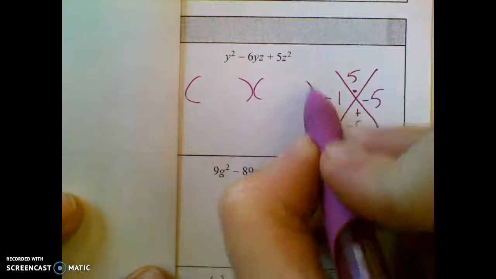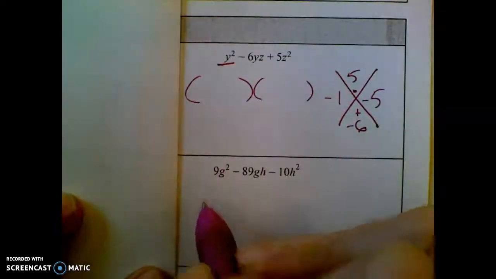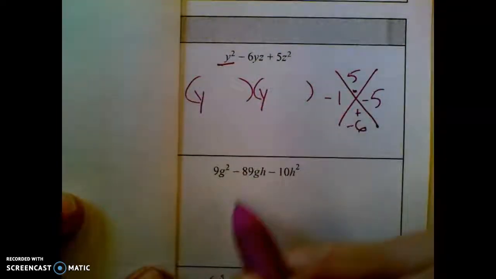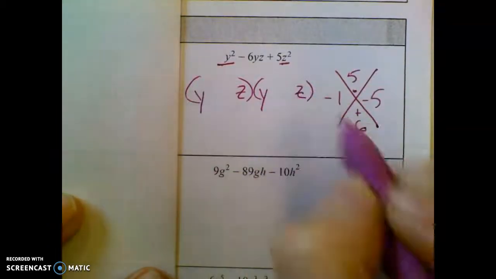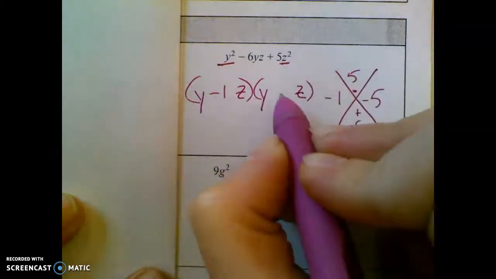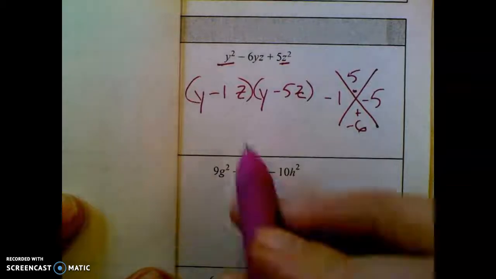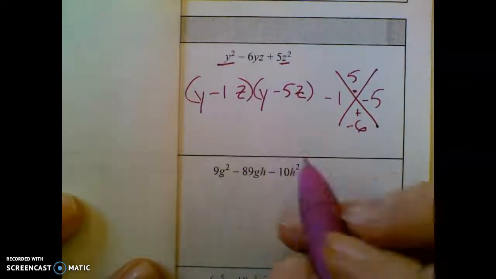So when writing your answer out, how do you get y squared? Well, that's y times y. But how do you get z squared? Well, that comes from z times z, and just tag on your numbers, -1 and -5. Doesn't matter if you add your variables at the end or beginning. In the end,